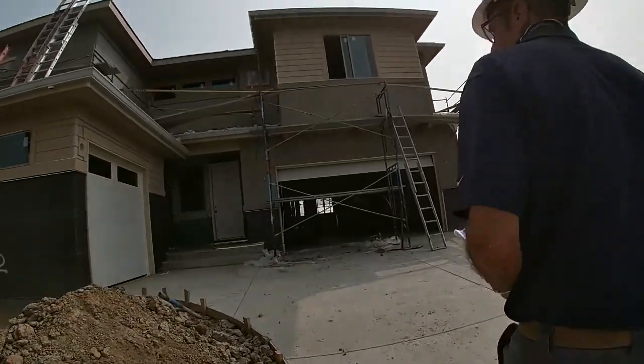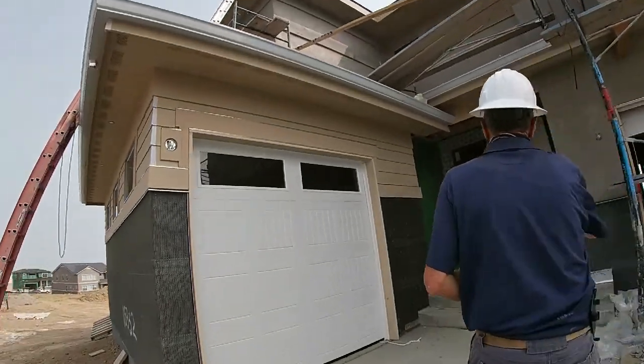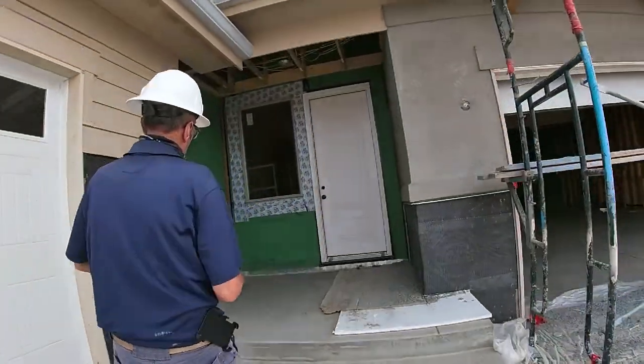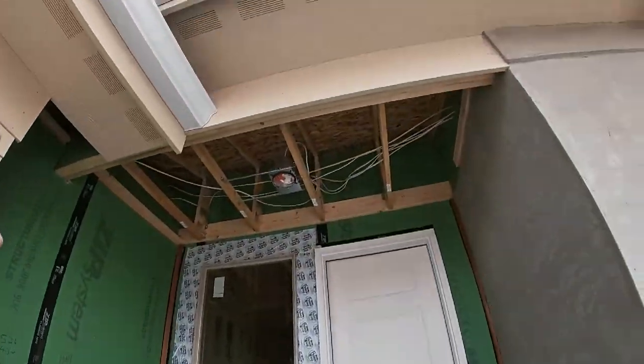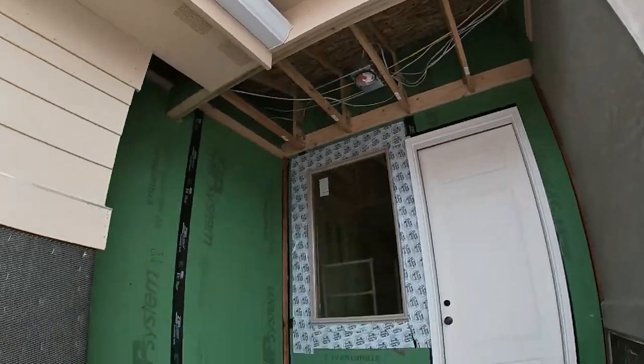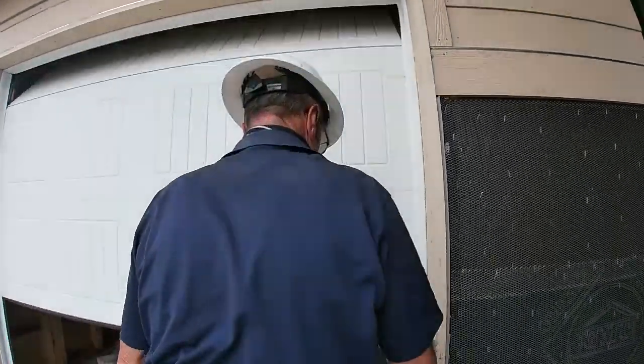Okay, we're going to move into the garage. I'm going to open up the single stall garage first. But before, I can just point out here on the front porch, we've got a waterproof outlet down low, and a single porch light, recess can, centered on the porch. So in the single stall garage,